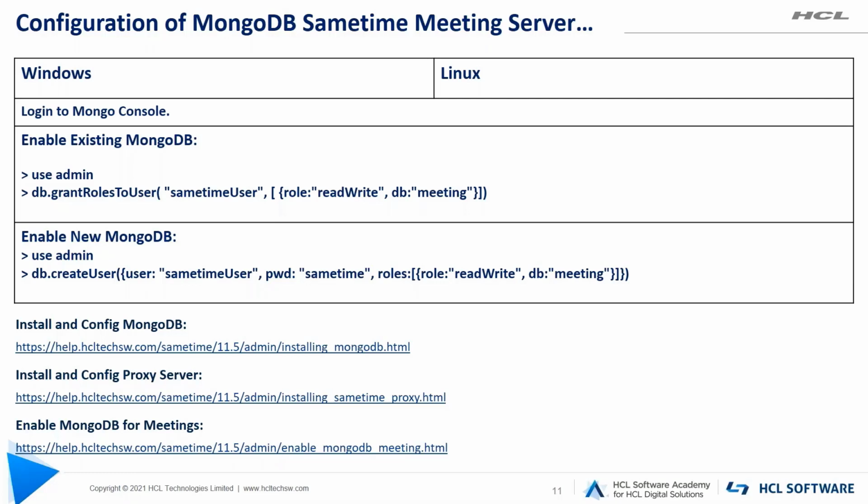At the end of this slide, we have attached a few links. These are the product documentation links for installation and configuration. The product team takes a lot of effort to keep them updated with any recent changes, so do not forget to refer to them. In the coming slide, we'll see the key takeaways for the MongoDB installation and configuration part. Moving to the next slide.